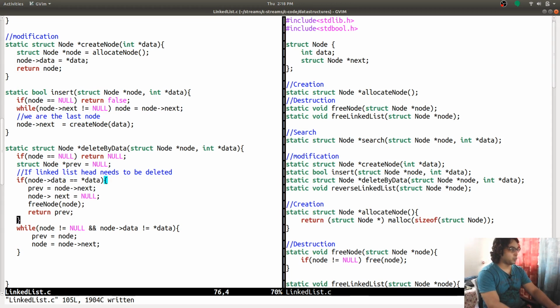So I won't have to loop and then check that this first node is the head or not. I moved it to the beginning.